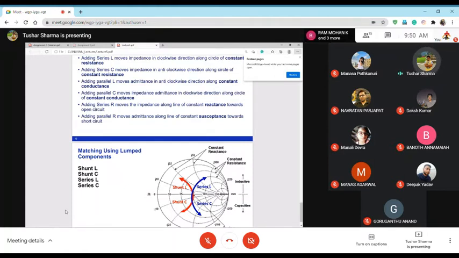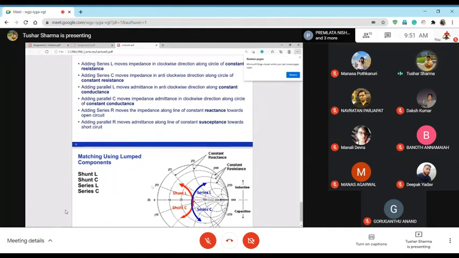If it is like that, then if you calculate your Y for a shunt L, your impedance will move on a constant admittance, constant conductance circle. For shunt C, it will move on a constant conductance circle, but in an anti-clockwise direction. So keep these things in mind and try to digest this: why it is series L, why it is series C, why it is shunt L, why it is shunt C, and why it moves on a constant conductance circle. Just read it once. I will take a pause here and let you first try to digest it, because it's important; when we start doing numerical problems, this becomes very critical.